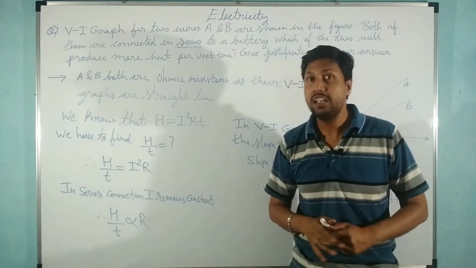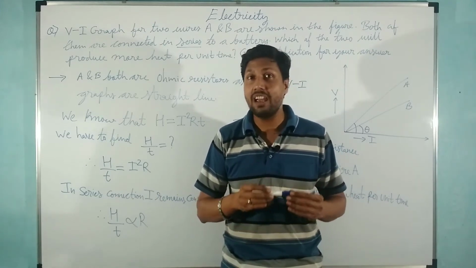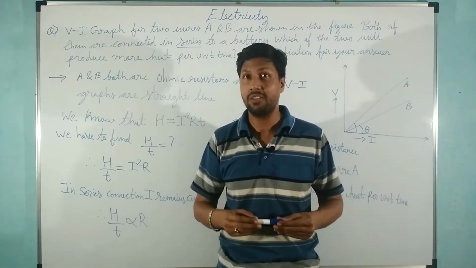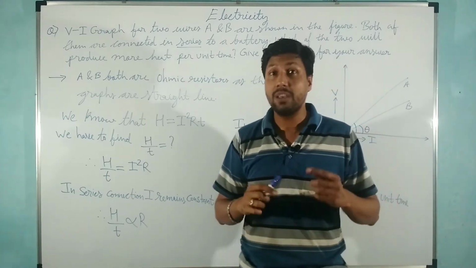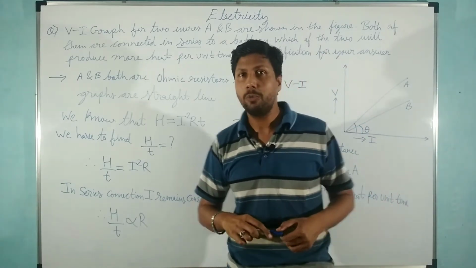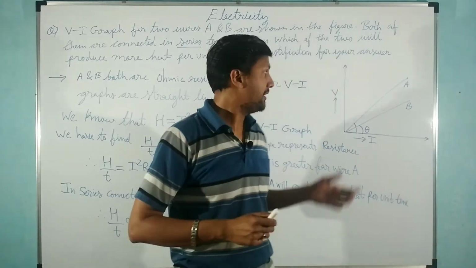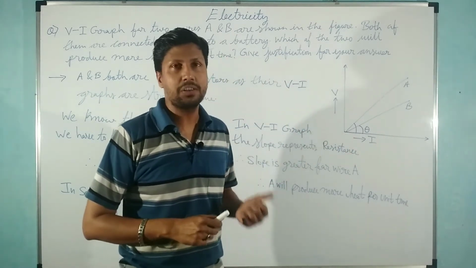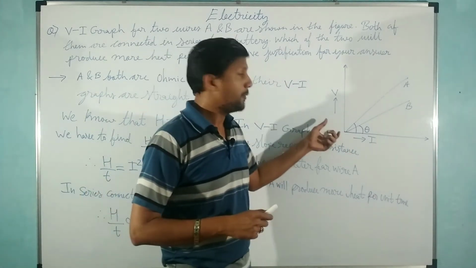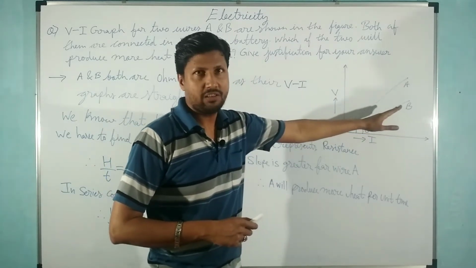So dear friends, here we should be knowing the in and out about each and every aspect of electricity. For that you should watch the first video of the playlist. I'm giving you that video in the I button also. Before solving this, the graph is given right here in the question only. This question was asked for 3 marks in the board exam question paper. So this is the VI graph given for the two wires A and B respectively.